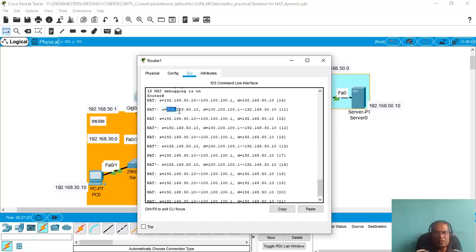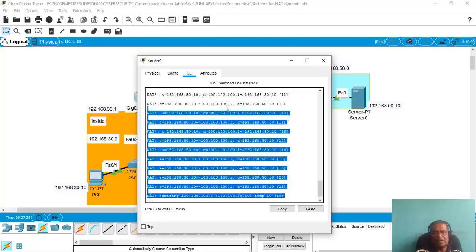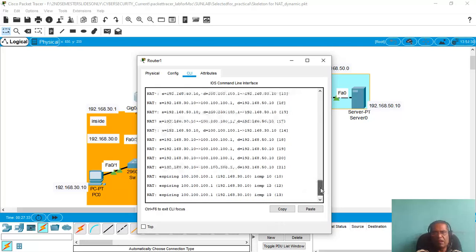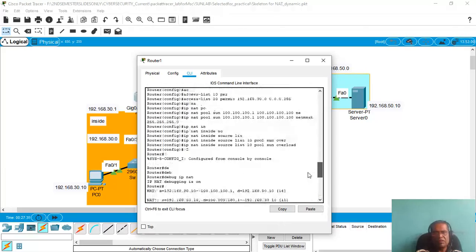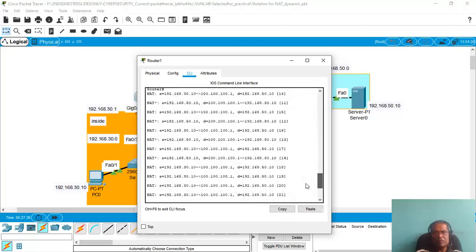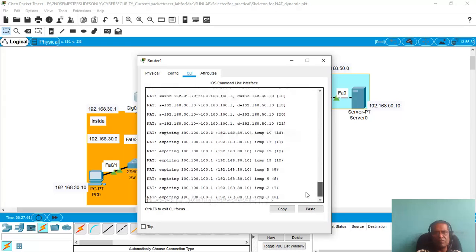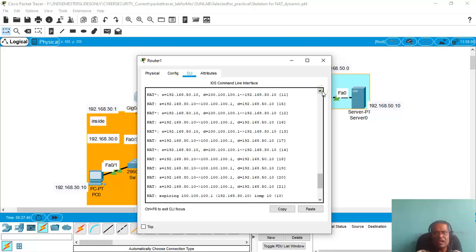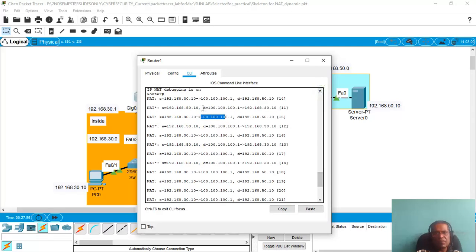So the source address is 192.168.50.10, and the destination, surprisingly, please see here, the destination is 100.100.100.1.